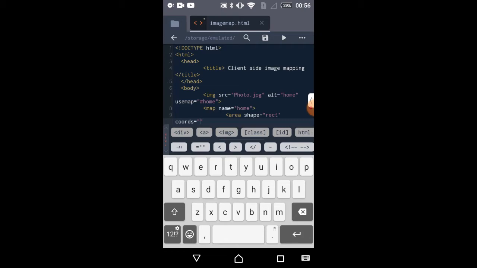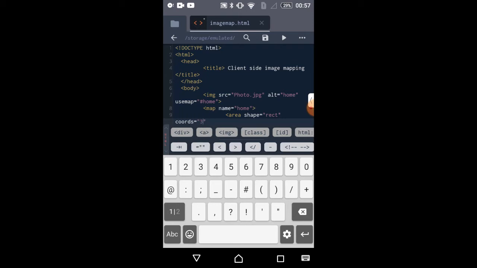First write the top corner and then write the lower corner. I am taking the coordinates which have been obtained through the website. So I am writing it as 331, then comma, give comma after each coordinate.